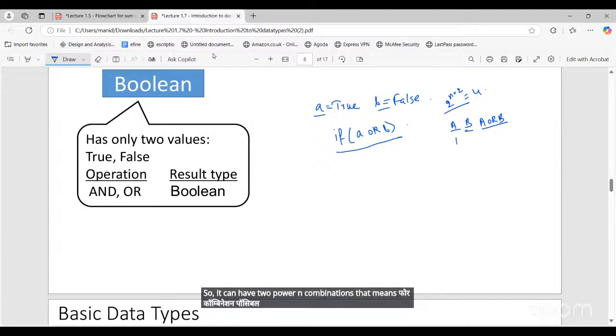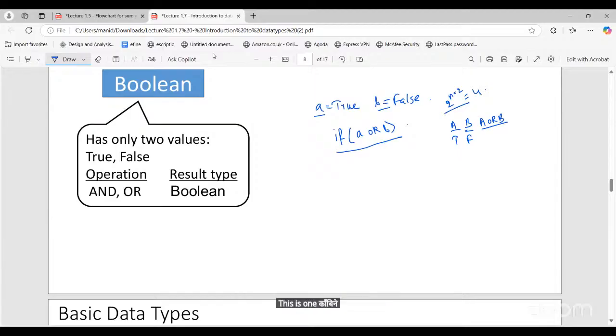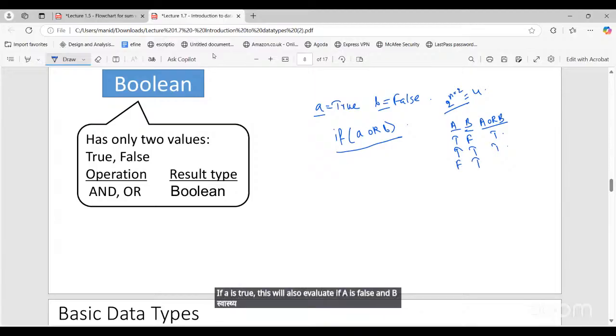So either A is true and B is false. This is one combination, right? If one of them is true, then the OR operation will give the value true. If A is true and B is also true, this will also evaluate to true. If A is false and B is true, since one of them is true, it will evaluate to true. And if both are false,